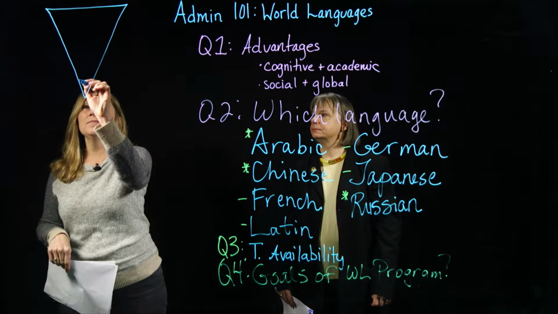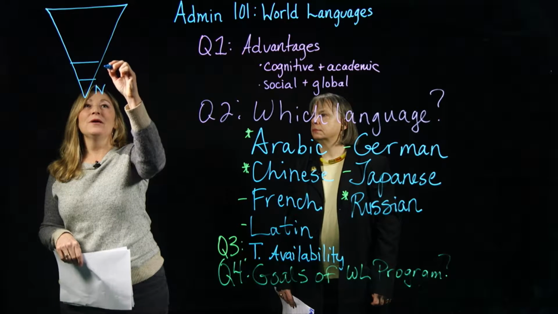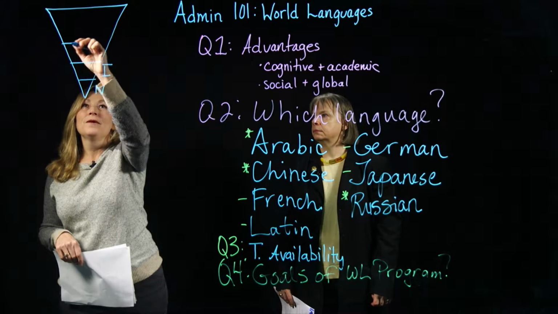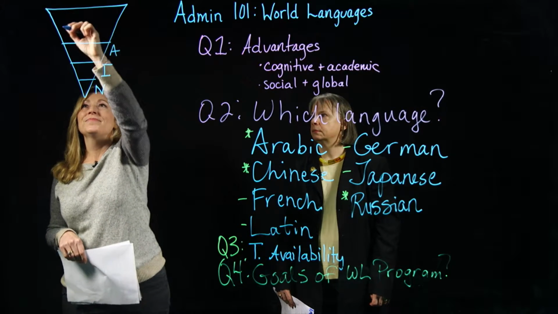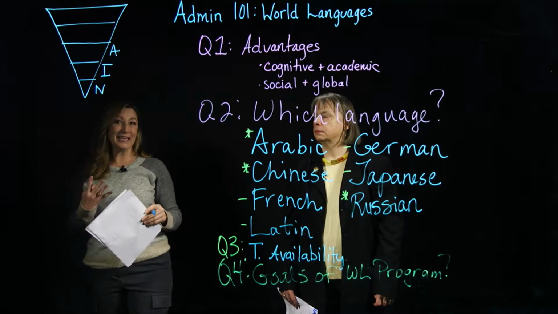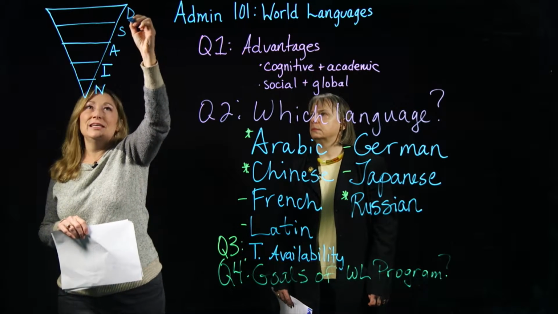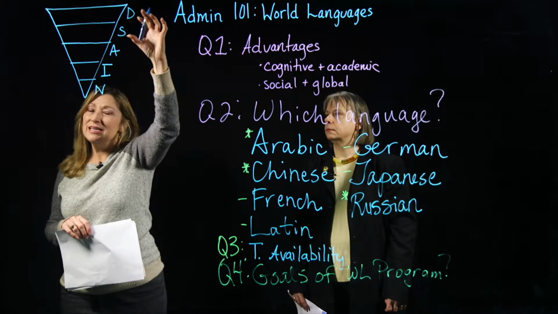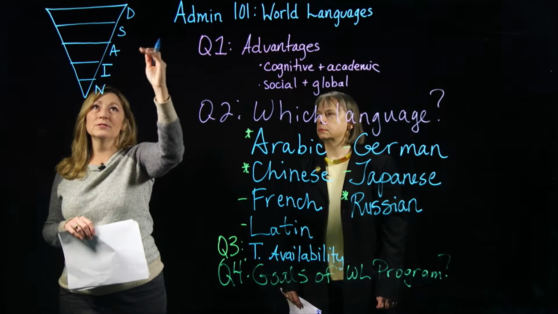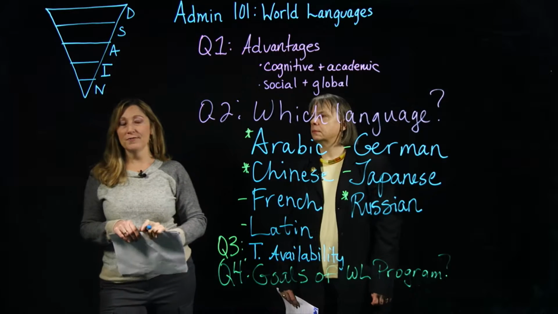Now within this pyramid, we have levels. We have the novice level, we have the intermediate level, we have the advanced level, and then the top 2 levels are levels that your students will not hit, but we're going to go on and share them. We have the superior and the distinguished. Again, students K through 12 will not hit those levels, and very few will hit up here, and we'll talk about that. Now let's go down to novice.